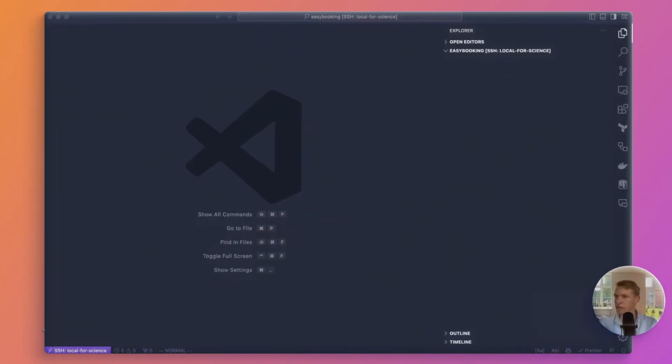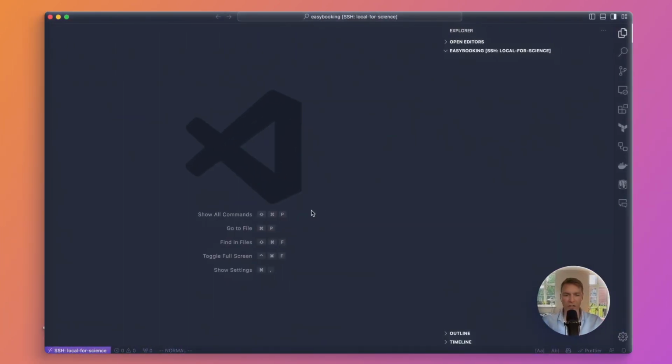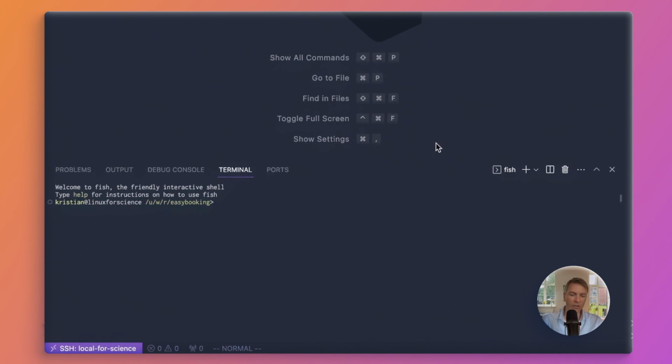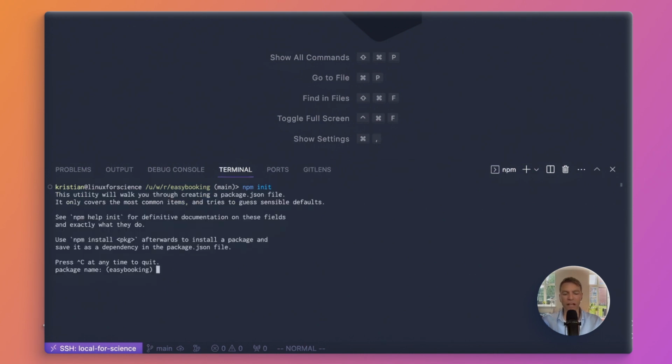So let's get started. I have a completely clean VS Code session here, there is nothing in this folder. I just created a folder called Easy Booking, and we will start working in that. It hasn't even been initialized for Git. So let's just initialize a Git repository, and then we will say npm init for initializing package.json in the root. It will ask us some questions, and we will change this to easy-booking-monorepo